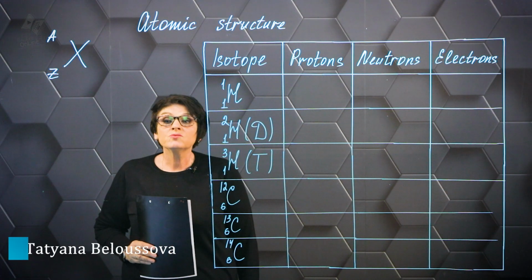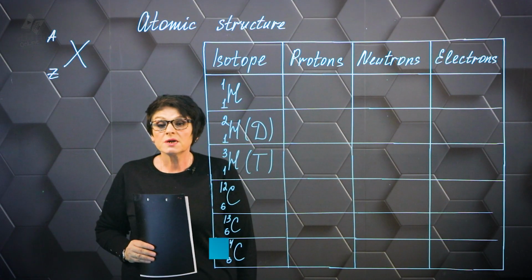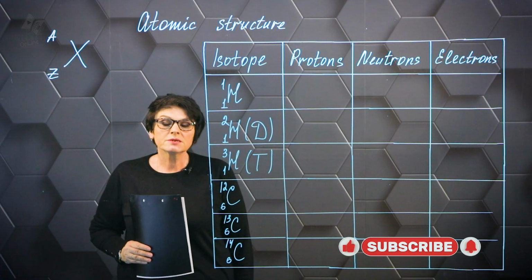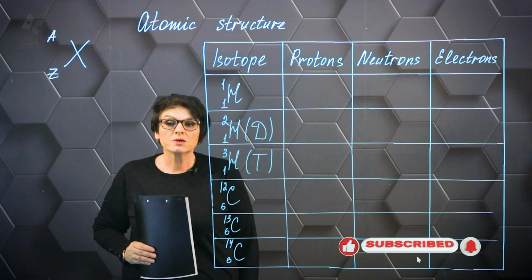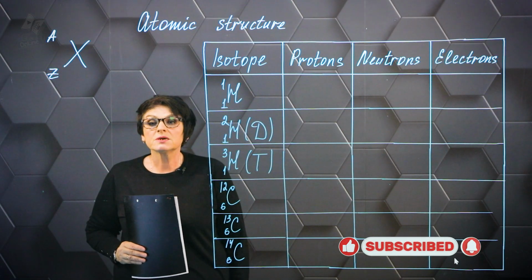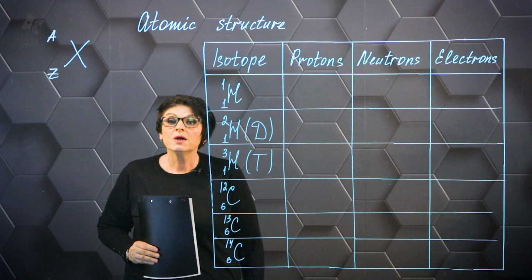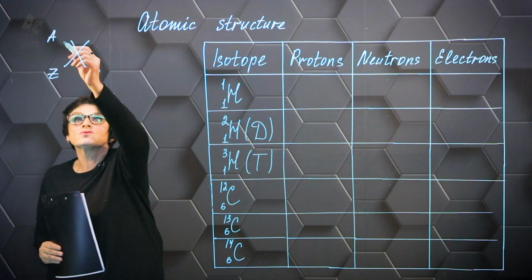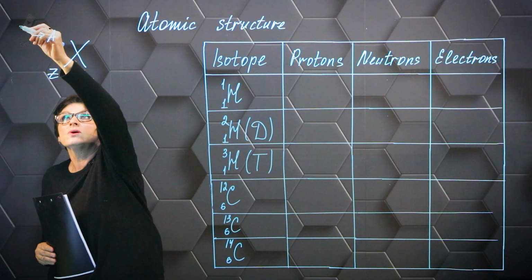Hello! Today we will consider the structure of the atom and pay attention once again to the subatomic particles that make up the atom, namely protons, neutrons, electrons, but as part of such varieties of elements, their atoms, as an isotope. But first, let me remind you that any chemical element has what's called an atomic mass,